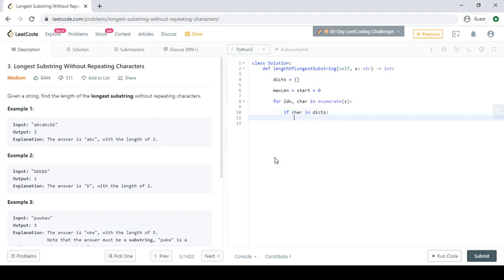Then we are going to apply the same formula we discussed before. So our start will be the max of the previous start and the character's index plus 1.